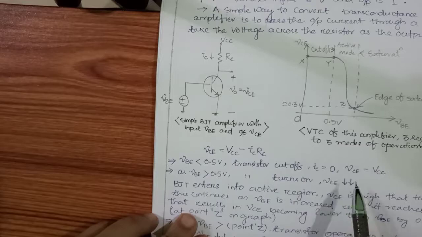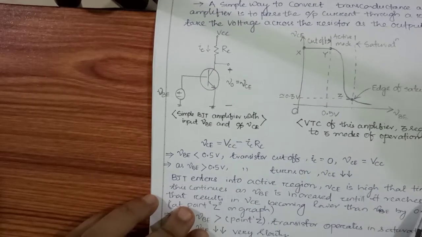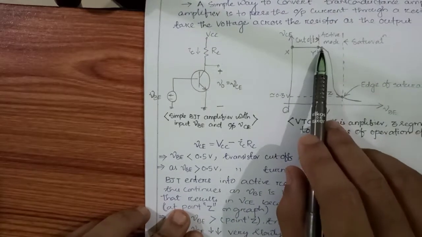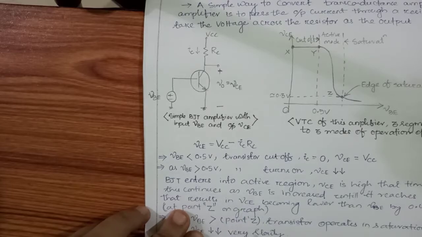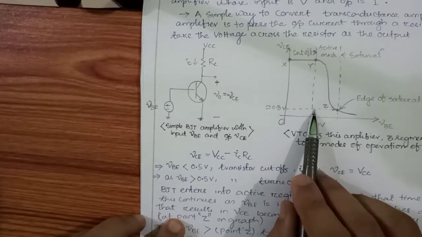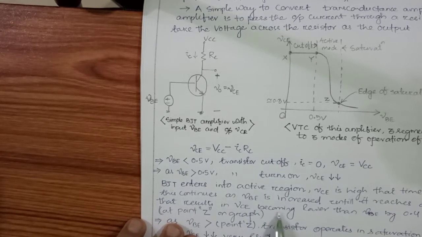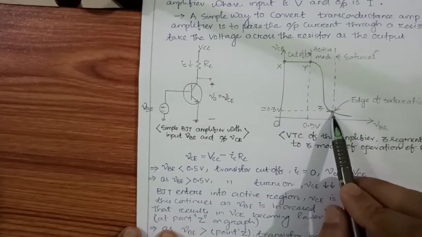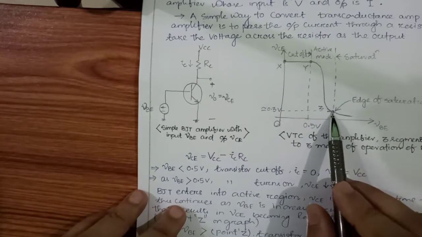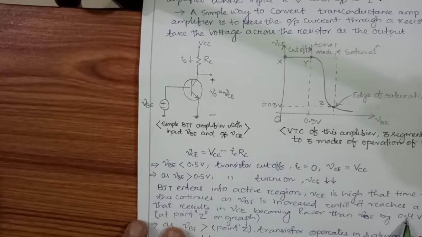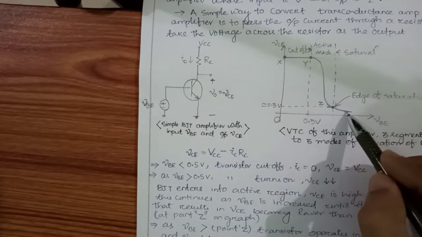Now VC decreases very rapidly. So the BJT enters into the active region, VC at that time is high, and it continues to decrease as VB increases. As VB increases, this value decreases until it reaches a value that results in VC becoming lower than VB by 0.4 volt. So at this point my VCE becomes lower than VB by 0.4 volt. So till this point it is in the active region, and as this voltage again increases,